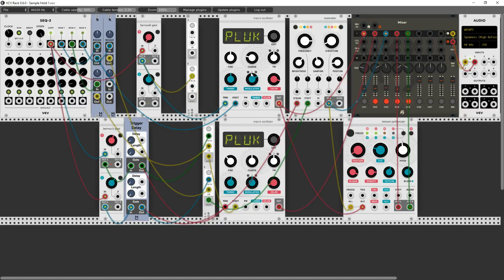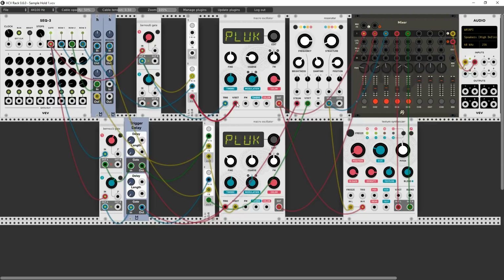I'm going to put the voltage per octave, and I'm just playing the pluck noise out of the macro oscillator, which is Braids in the real world. So why did I have it going through the sample and hold? Well, what I decided to use was this sequence as the input to my sample and hold,